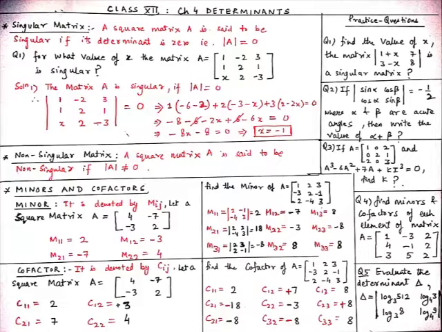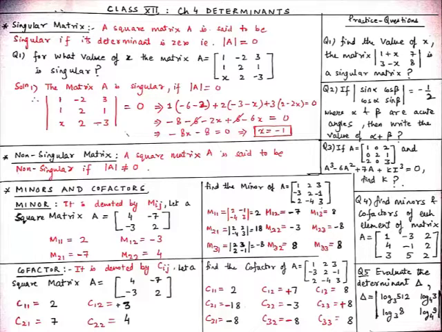And now we will find M12 element. So take A12 element, which is 2. And now hide row R1 and column C2 completely and find the determinant of the remaining elements, which are minus 3, minus 1, 2, and 3. So the determinant is minus 3 into 3 is minus 9, and then minus of 2 into minus 1 means minus 2. So minus into minus become plus. So minus 9 plus 2 equal to minus 7.